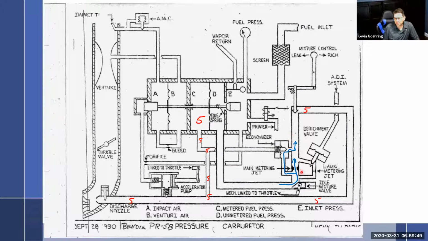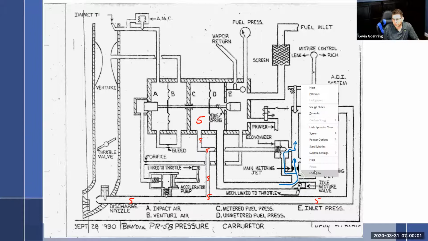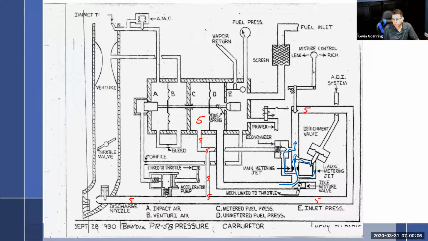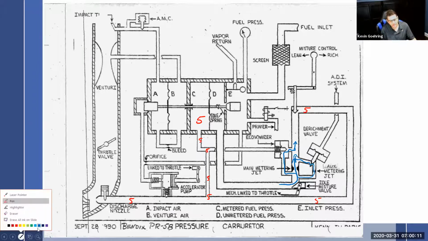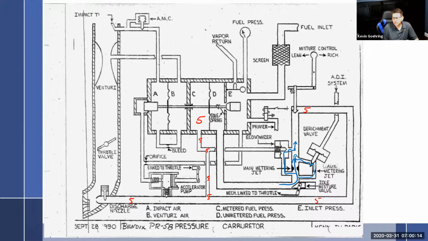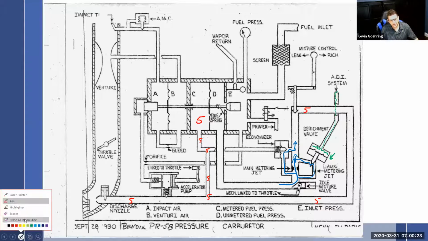So what happens is when the ADI system is turned on, so normally this is open. You can see it because it's drawn in a normal open position. So we have a little jet right there, and we have a little bit of fuel going this way. But when I turn on the ADI system, the water injection system, you can see that water pressure is going to come down here, press on the diaphragm and shut this down. So that's going to shut down some of that fuel.